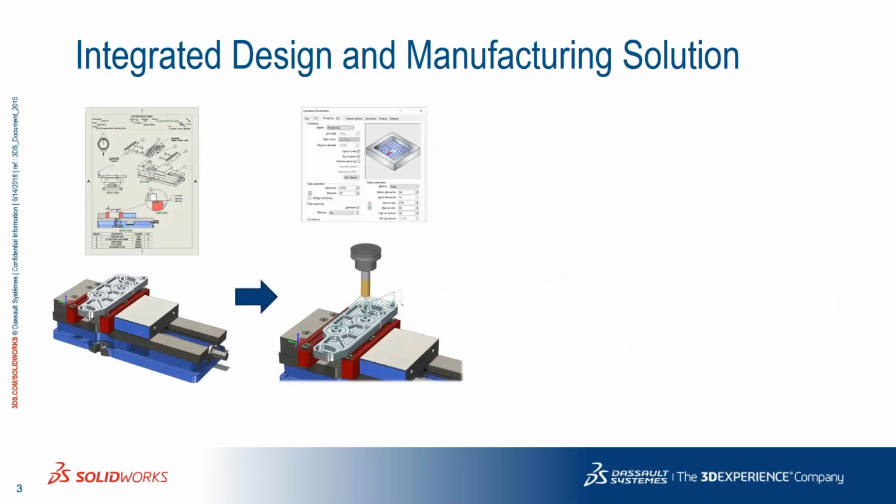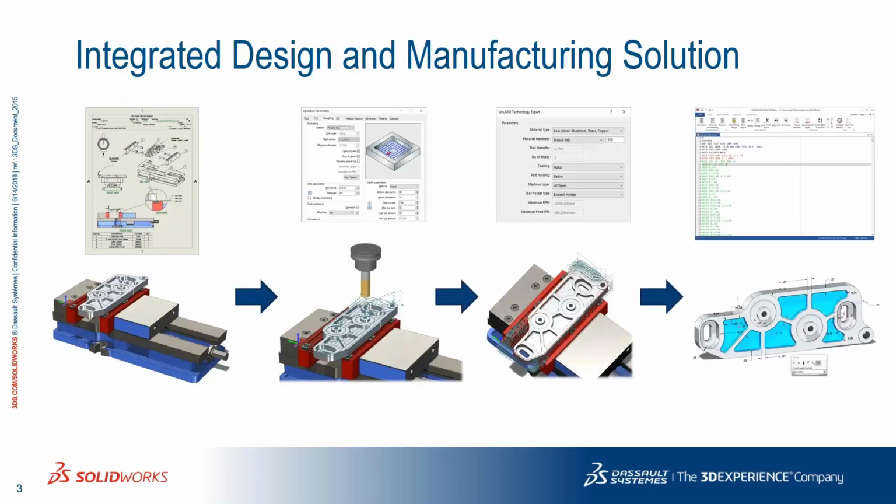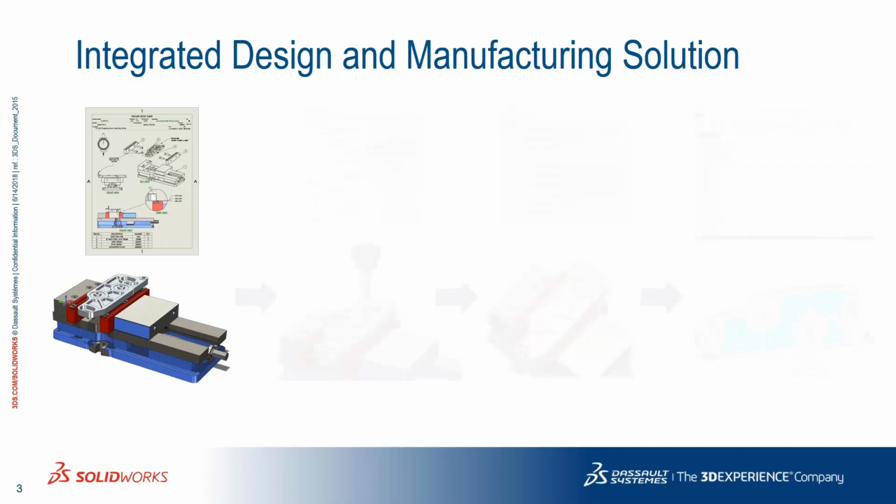So today we're going to go through the process of programming a part in 4 steps. We're going to begin with creating the setup and fixture documentations. We're then going to move on to programming the part itself. We're going to look at high-speed machining, which is part of SOLIDWORKS CAM as well. And finally, we will be looking at design changes and, of course, outputting the code and post-processing it. But let's start from the beginning. Let's start with how to make a